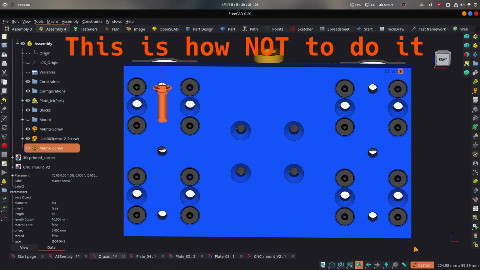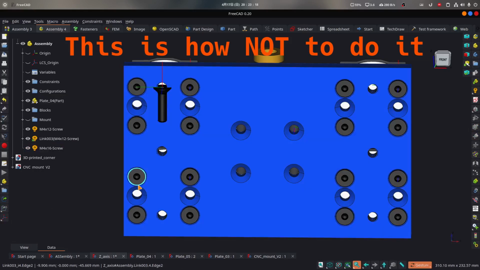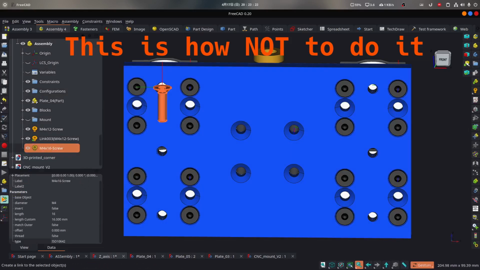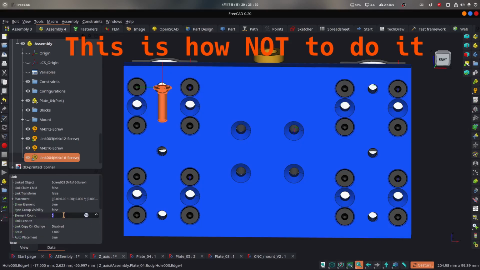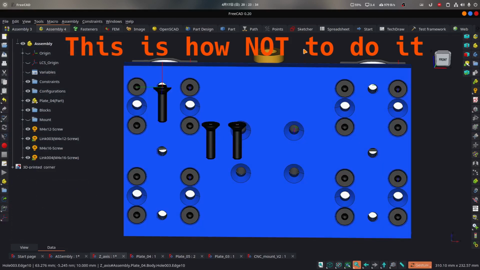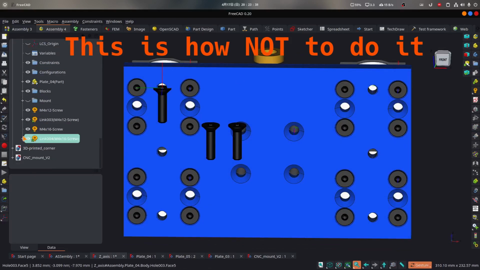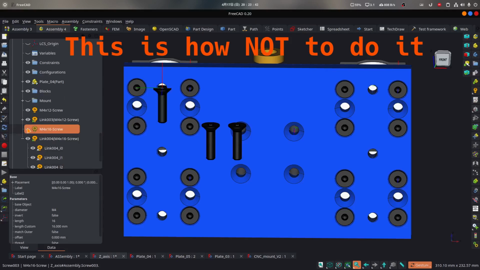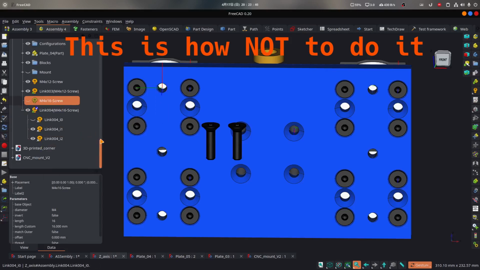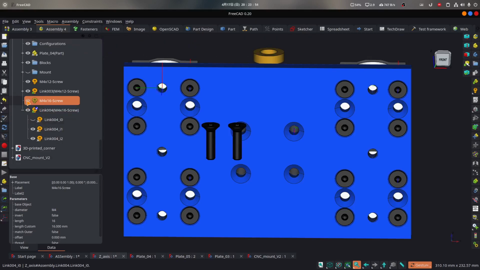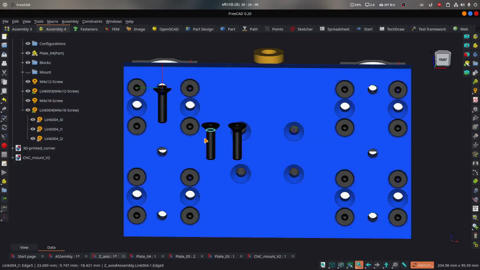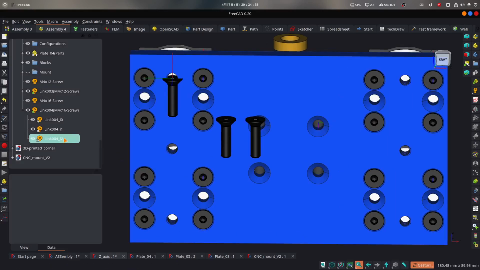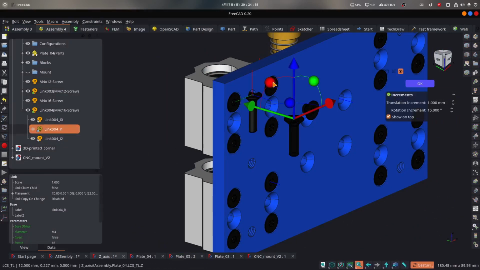There is an important catch while creating the link screws. You have to create the links after positioning the screw in its place. When the link is created, it takes the position of the original screw, meaning that if the screw is in a random position, you will have to deal with the relative position and also with the orientation. We can see here the position of the original screw. The link screws take the orientation of the original screw, so we'll have to rotate them.